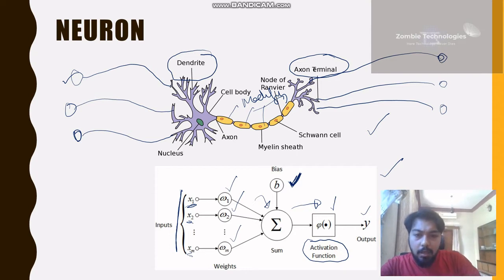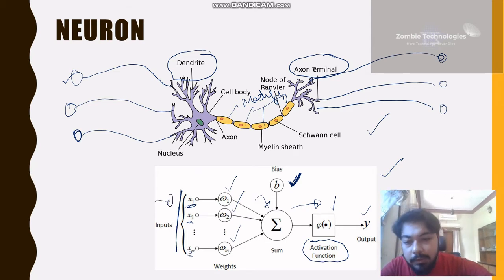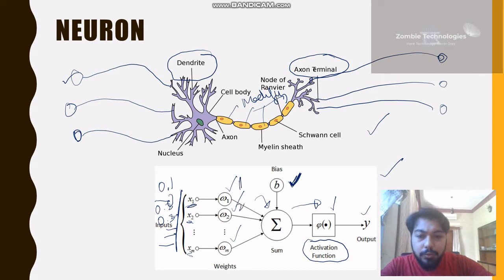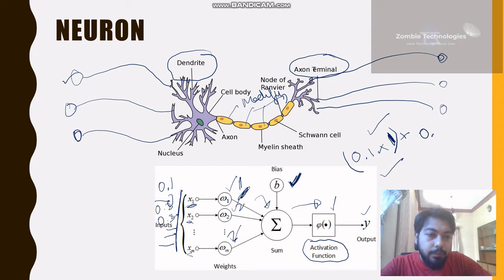Moving ahead, as I just said, there would be multiple inputs coming up. For example, let's say they are 0.1, 0.2, 0.3 and so on. There are weights, let's say 1, 2, 3 and so on. These are getting multiplied like this: 0.1 gets multiplied by the weight W1, that is 1, plus 0.2 gets multiplied by the weight W2, and so on, and these all get added.